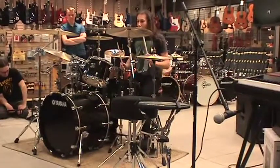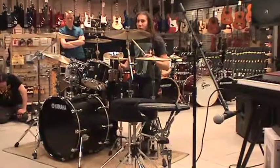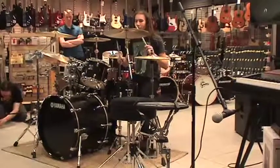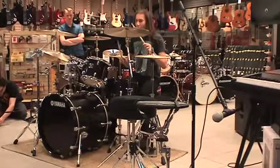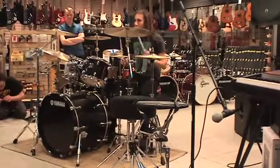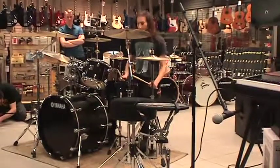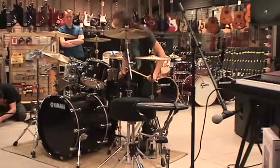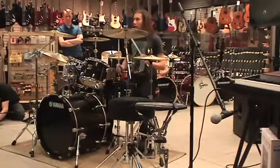Okay. The best way to get a perfect flam is to raise both your hands up, and one is at a different height than the other, but then you bring them down both at the same time. Okay, same with your feet. I like these pedals. So if you just do a